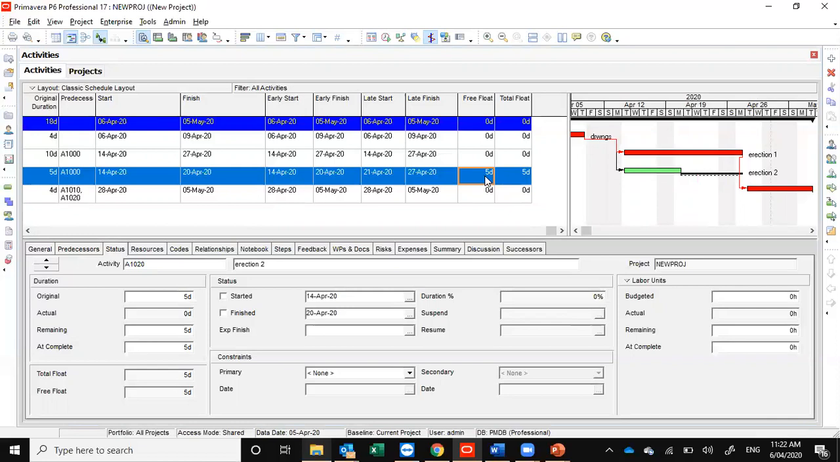Mostly while using constraints, we consider total float, but for a particular activity, or we can say the free time for that particular activity, it should be considered as free float. Okay, so